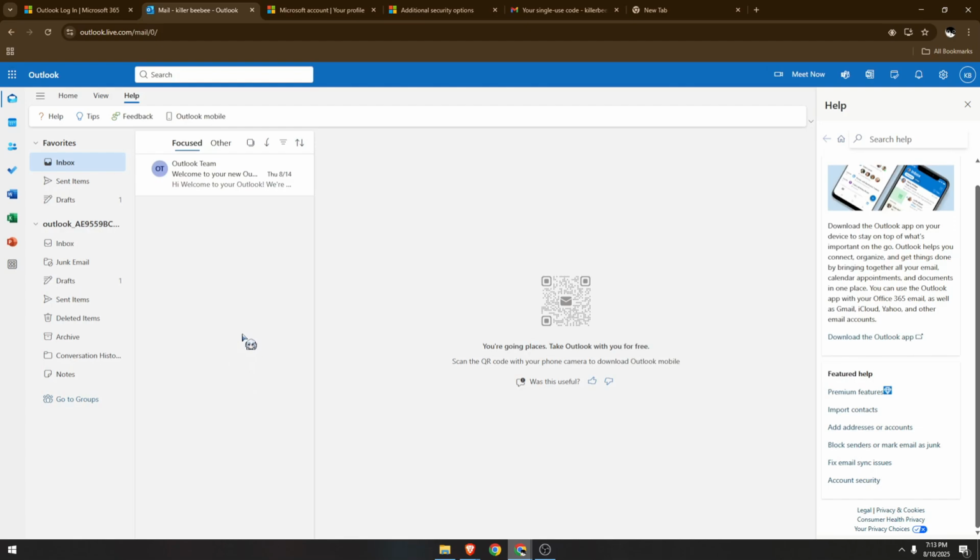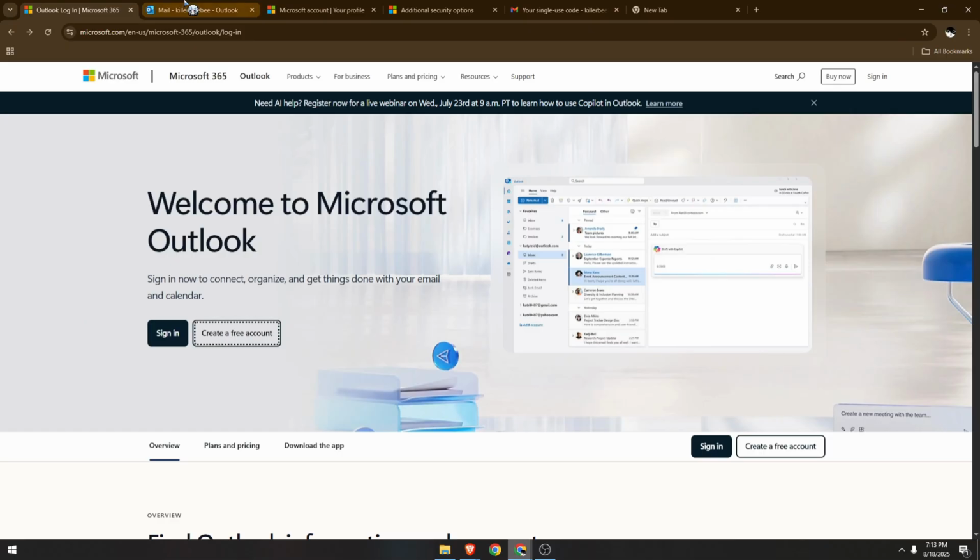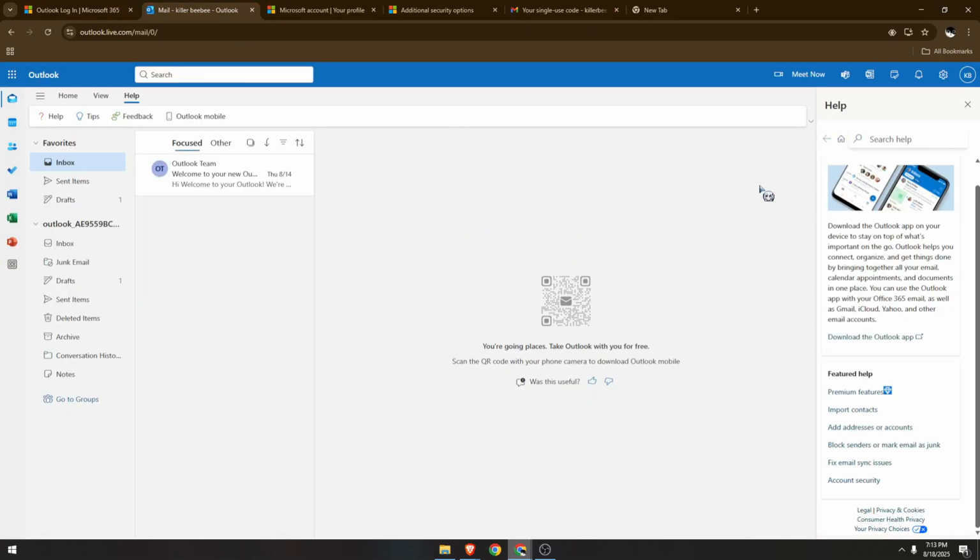Hello guys, in today's video I'm going to show you how to configure a Hotmail account with POP access with Outlook. Let's begin. First, go to the official website, and once you have successfully logged in, go to your settings